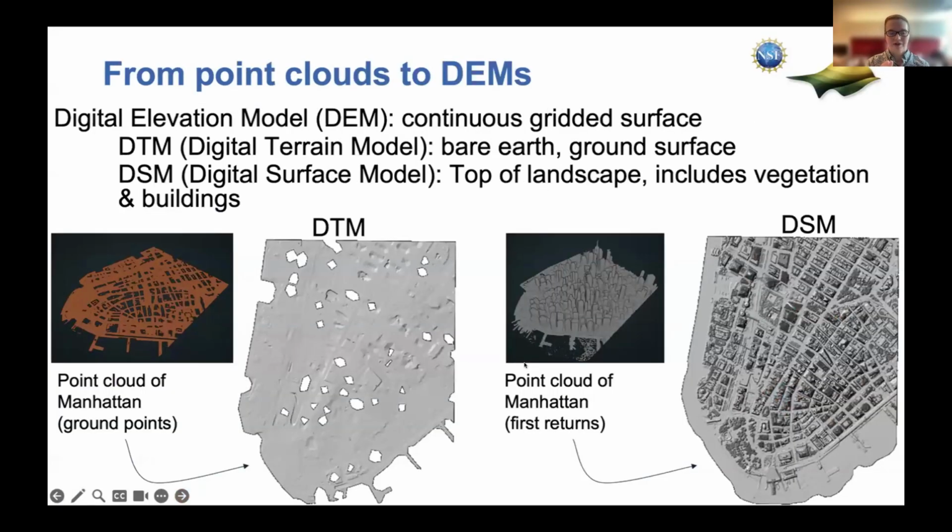So these point clouds can then be transformed into gridded data sets or digital elevation models. And so these are continuous gridded surfaces of the elevation. And there's two common forms of these used in the earth sciences. The first is a digital terrain model. So this is a grid of the bare earth or the ground surface. So here on the left, we can see that we've taken just the ground points and we've gridded that into